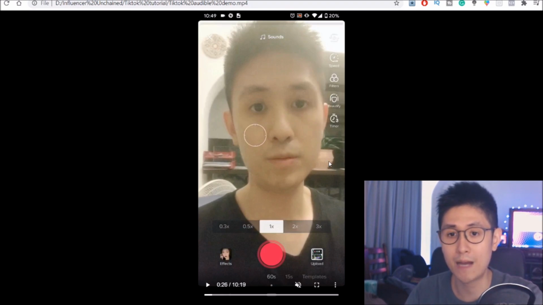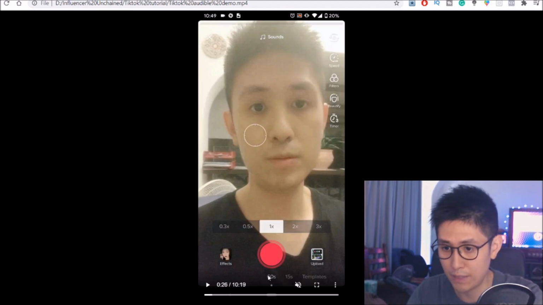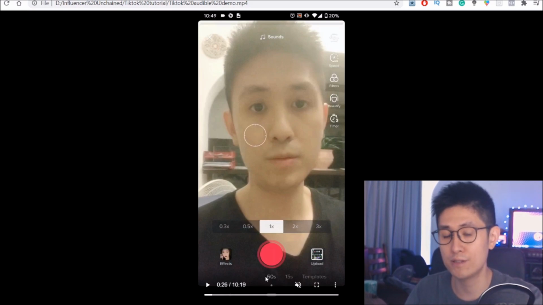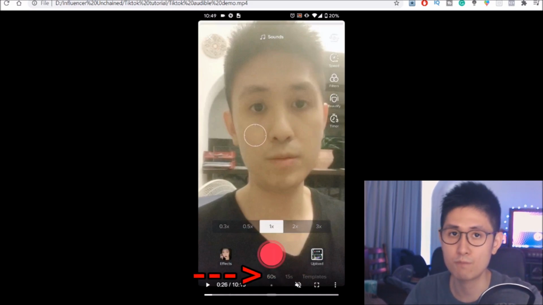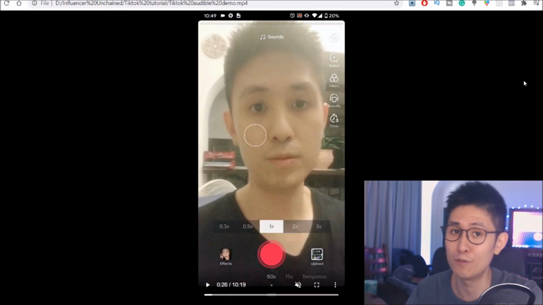But anyway, coming back to this demonstration, the very first thing you want to do before you even begin recording is, if you look at the very bottom at the center, you can actually select between a maximum time of 60 seconds and 15 seconds. And for this, I always suggest going with the 60-second option unless you really want to crunch your clip down to below 15 seconds, because that way you can ensure you don't run out of time, because 15 seconds can